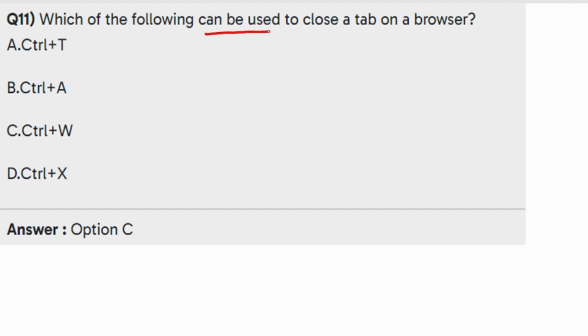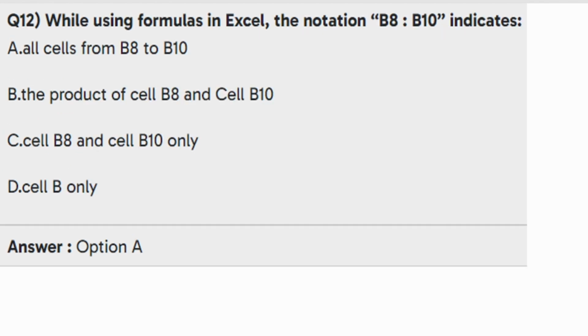Which of the following can be used to close a tab on a browser? So the correct option is Control plus W, which is used to close a tab on a browser. Now next question. While using a formula in Excel, the notation B8:B10